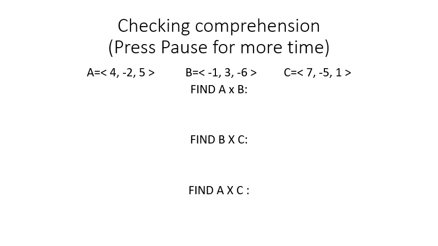Okay, try to solve these questions. So three vectors I have given. A vector 4, minus 2, 5; B vector minus 1, 3, minus 6; C vector 7, minus 5, 1. So find what is A cross B, B cross C and A cross C. So this is your answer for A cross B, and minus 27i minus 41j minus 16k for B cross C. 23i plus 31j minus 6k for A cross C. Okay, so try to solve these questions slowly.